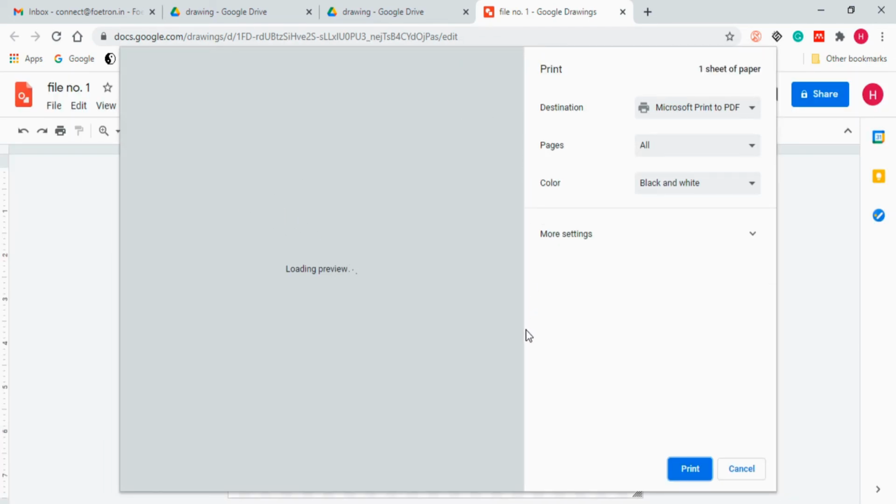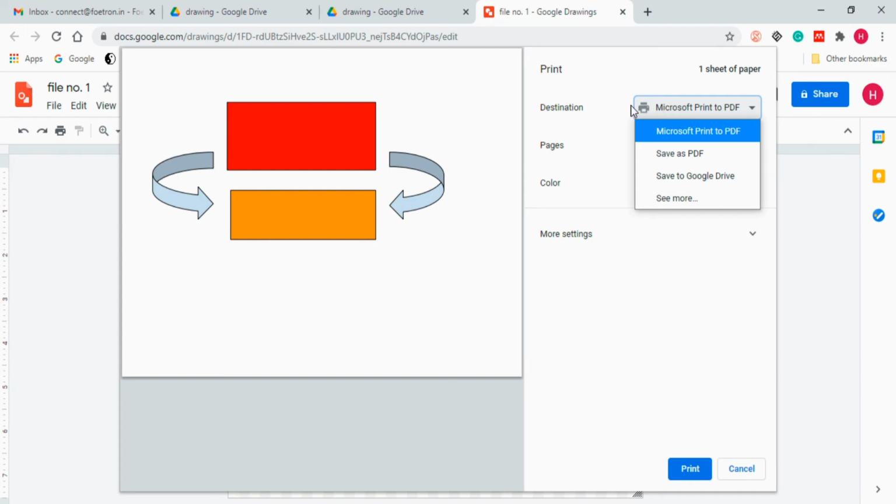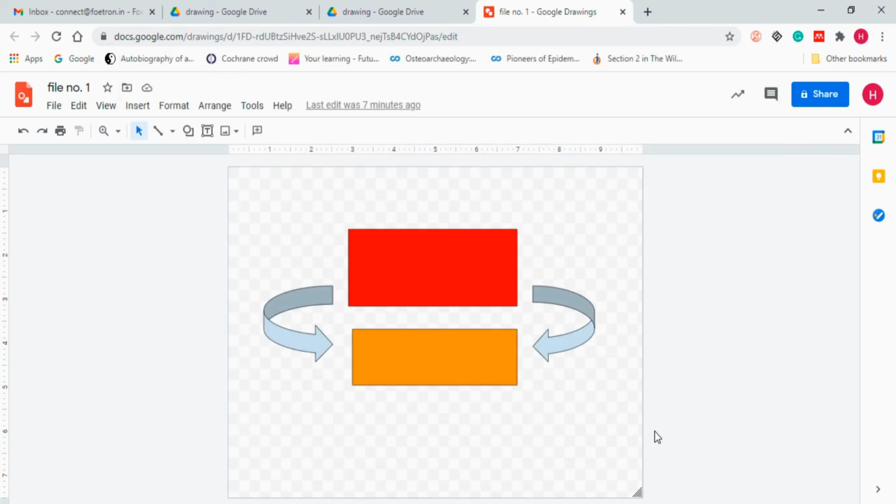It may take a certain time, and a new tab will open up which shows something like this. This is actually in black and white. You can always go for color. That depends on your printer. If it's a black and white printer, it's always black and white. If it's a color printer, then you can go for the color option. You can see there is no printer connected to my computer right now. That's why these things are showing to me. Otherwise, the printer will show up and you can directly print the particular thing you want. After that, just click on print and you will be able to print.